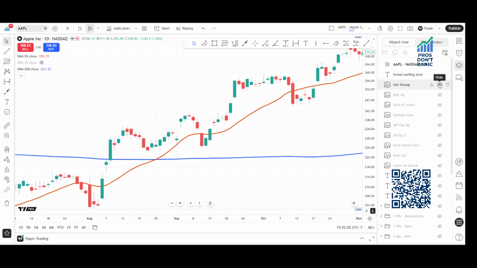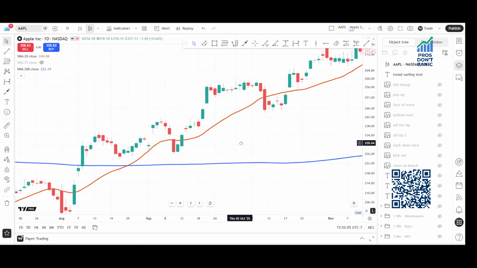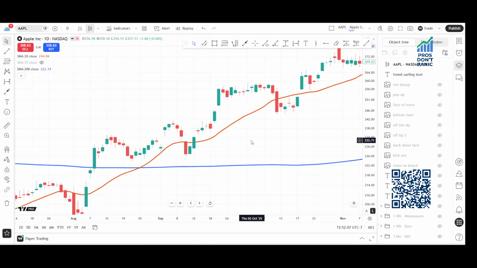We talked about the lineup being the place where the surfers sit in the ocean and wait for the wave to come through. So this is the lineup. And we'll learn about that in the course, exactly where you want to sit. And then they're going to pop up onto that wave. They're going to have a powerful wave they're going to see. They're going to pop up onto it, and that's the trade entry. So you're going to learn in the course where to sit in the lineup, where to pop up on the wave, and that just gets you into the wave. That's not even surfing. Now, a lot of traders are going to see a couple red bars and start freaking out, but pros don't panic.